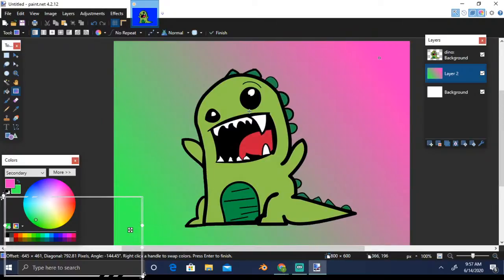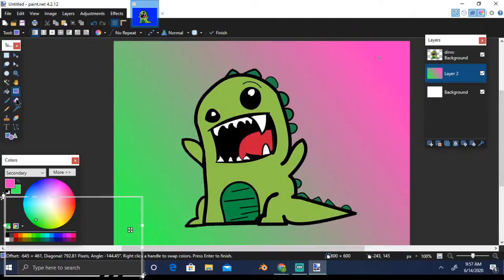So Bhavar Singh, is there any software inbuilt in the computer like Photoshop? There is a Paint software which comes pre-built with Windows, but it's not as flexible as Photoshop or Paint.net, right? So you won't be able to do a lot of things in those software. Those softwares are good, but very primitive. But if you want to go ahead to an advanced version, it's better to use Paint.net if you are looking for a free version. And definitely Photoshop is a very good paid tool. It has got a lot of flexibility, right?